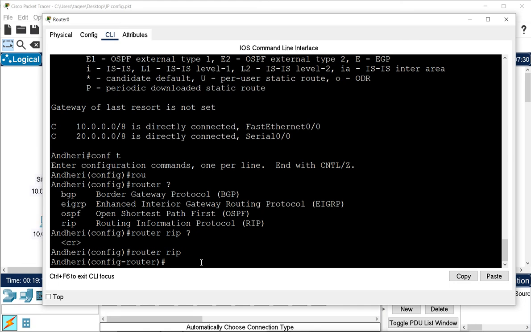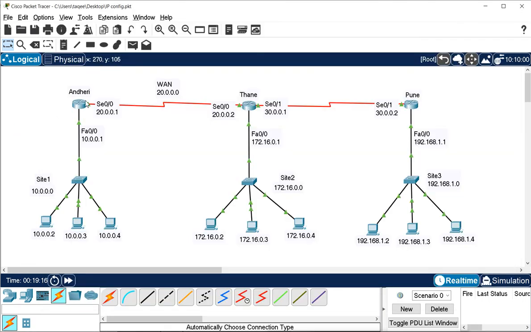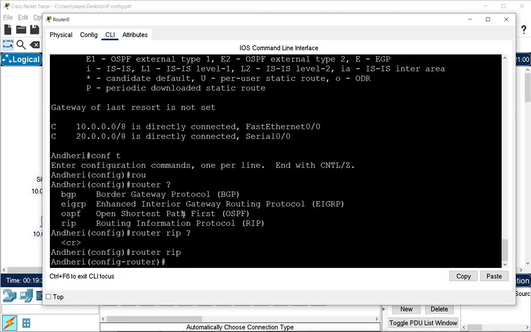Now remember, if you configure version 1 on this router, then you have to configure version 1 on all the other routers. Otherwise the routing will not work. If you configure version 1 on one router and version 2 on another, your routing will not work. So you have to make sure the version is the same for all the routers.